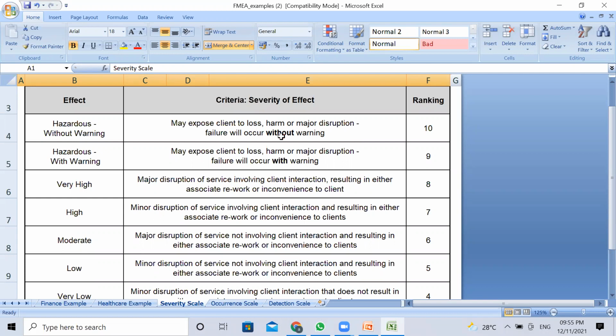harm or major disruption, the failure will occur suddenly without warning. So whenever I am doing an FMEA on a machine or a part or a component, and suddenly it collapses without any warning, then I give a rating of 10. Then if there is harm or major failure that will occur with warning, that means the failure is going to happen,